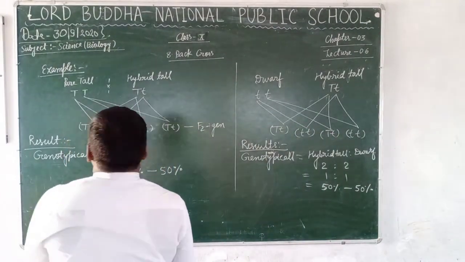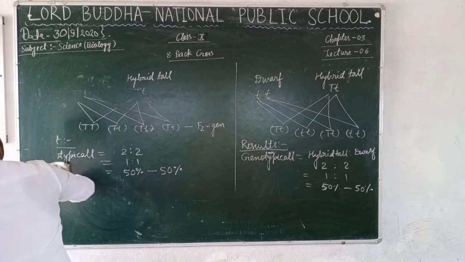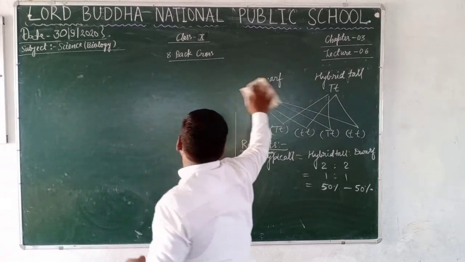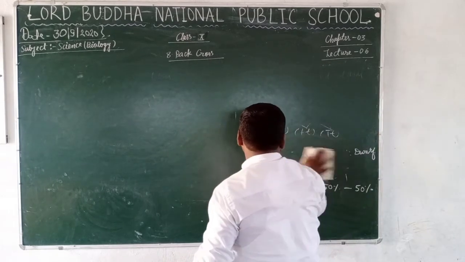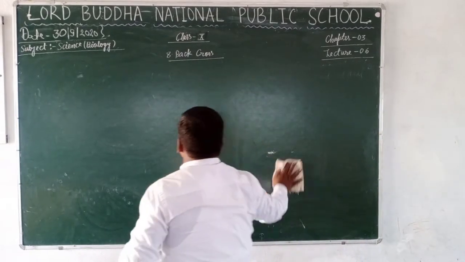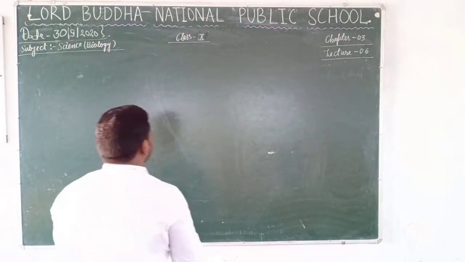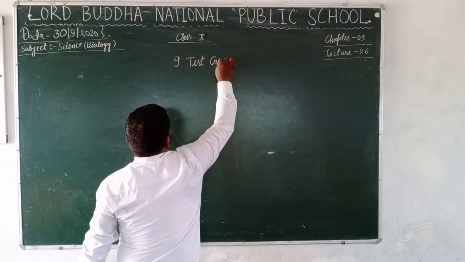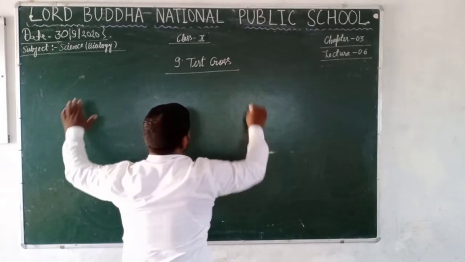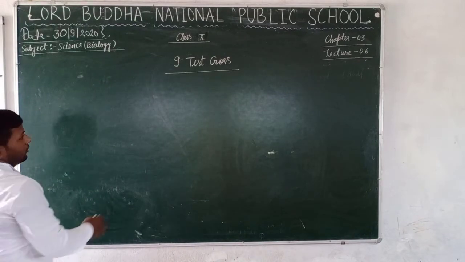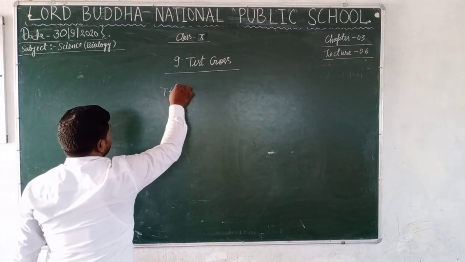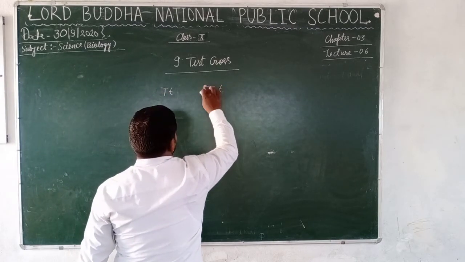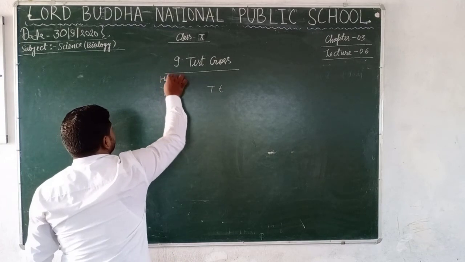And the last topic of Mendel's study is the test cross, students. What? The test cross. This is the last topic, test cross. So students, what is test cross? The cross made between the individuals of the F1 generation. Yes students, when the cross is made between the individuals of the F1 generation, it means hybrid